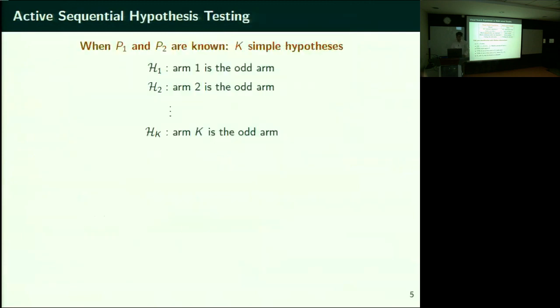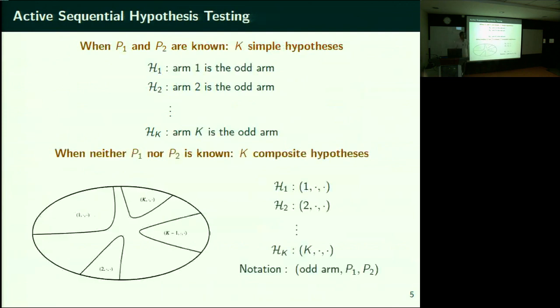So finally what happens is it is a composite hypothesis testing problem. Ultimately it will come down to this. Statisticians can take it forward from here. So when P1 and P2 are known, all you have to do is identify which is the true hypothesis among these K hypotheses represented here. Is arm 1 the odd arm? Is arm 2 the odd arm? So there were 8 locations I showed you. Which location has the odd movie there? H1 through H8 in that example. You have to tell me which location has the odd movie.